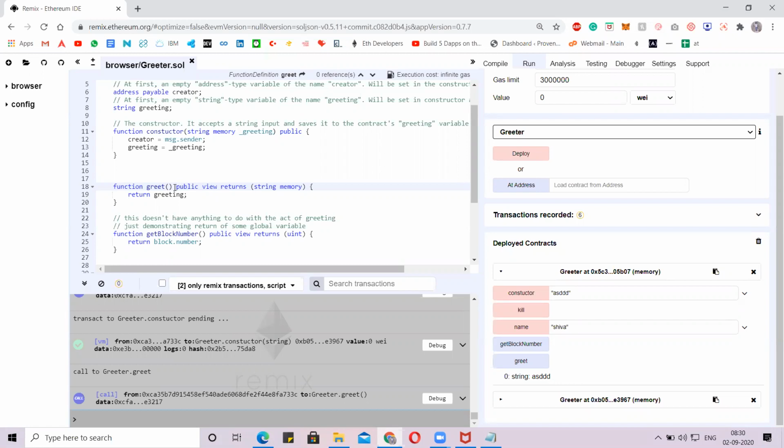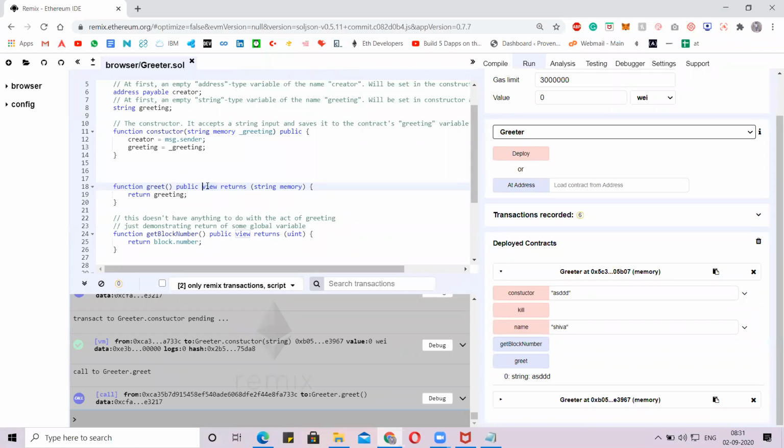Rohit, great observation. See, we can return the value, but we are restricting the contract only to view. There is no chance of doing a transaction. All we can do is view. Okay, there is a view.